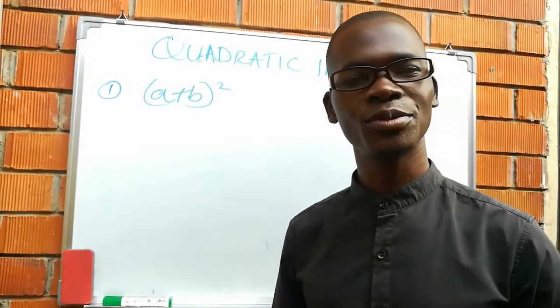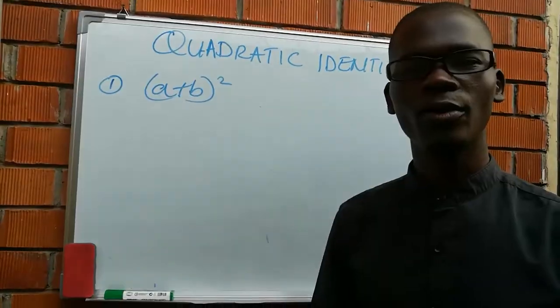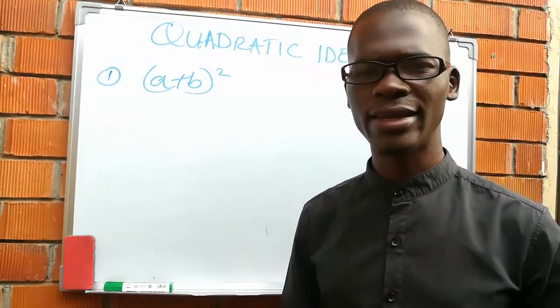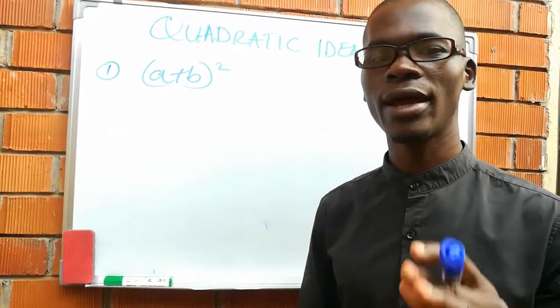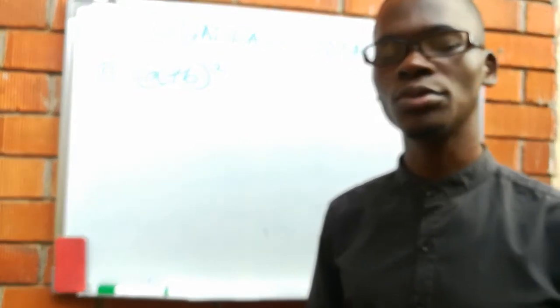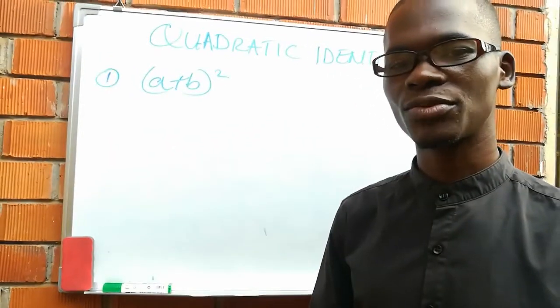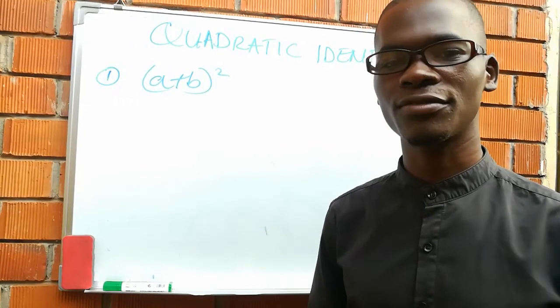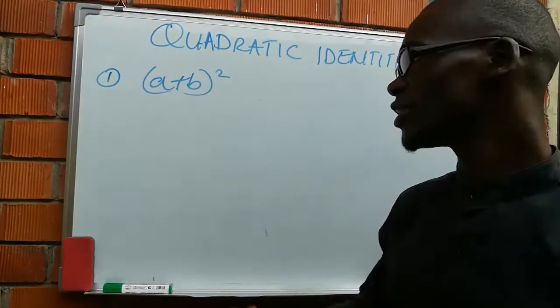Most welcome to today's lesson. We shall be looking at quadratic identities. We have 3 identities, 2 of which are perfect squares and the difference of 2 squares. We shall start with the